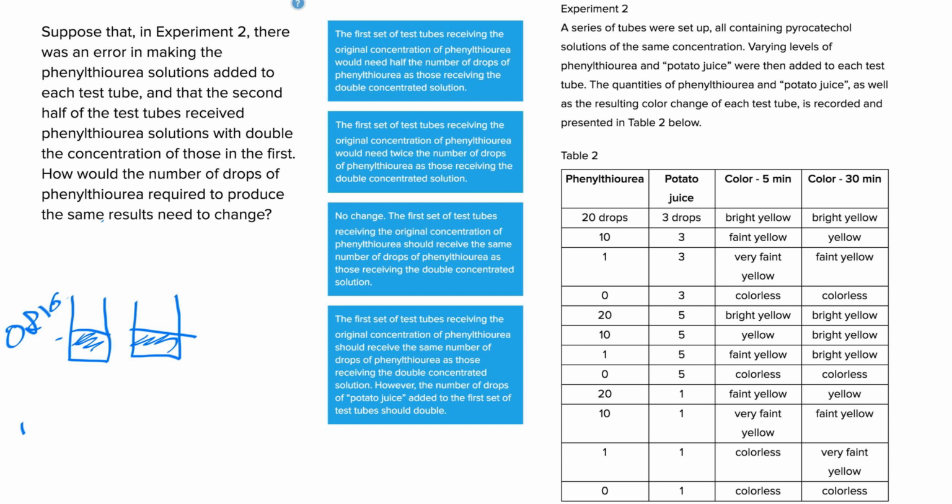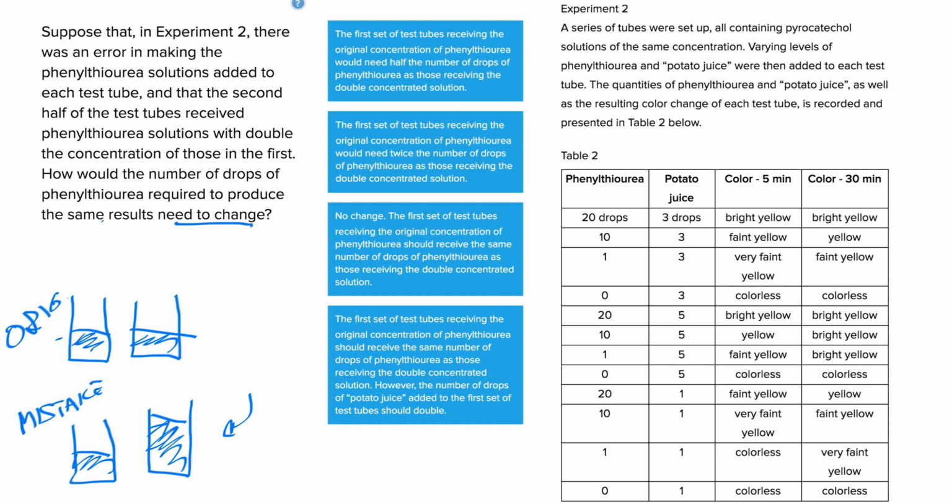But now in this mistake example, in the one that actually applies to this question, one of them will have the same amount as they had in the original, but another one will have twice that amount. Okay, so how would the number of drops of phenolketonuria required to produce the same results need to change? Okay, well, it may be that since we made a mistake here,